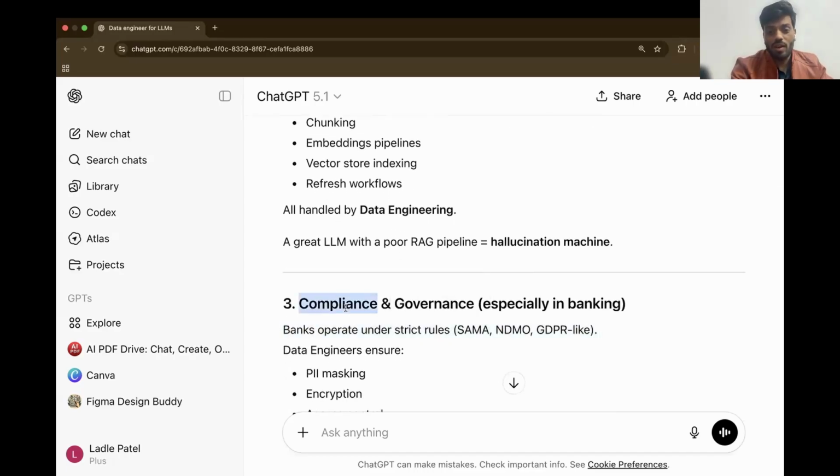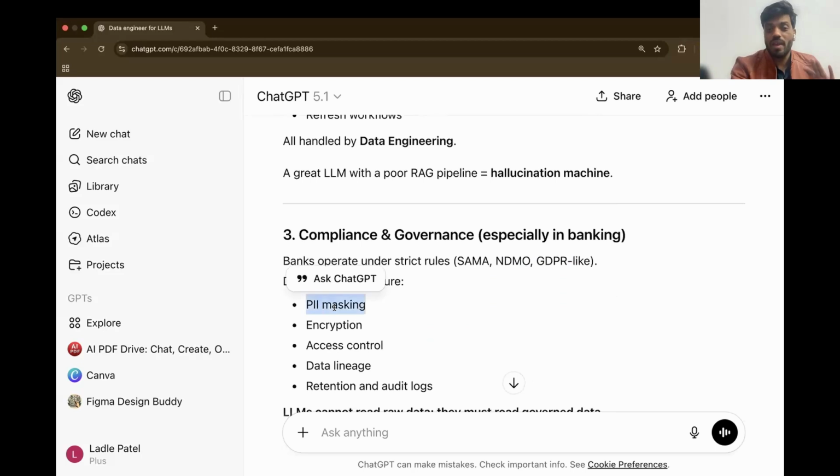Now compliance. Someone talked about governance specially. I don't know how to mask PII data. I don't know if my vector database has some sort of controls. There was one project where, from the requirement document, we had to remove some royal family's names. If that is there, we need to mask it. I don't know how to do that. What are the encryption technologies? How do I encrypt the embedding? So either I have to learn this, or we have to enable the AI engineer to learn data engineering.